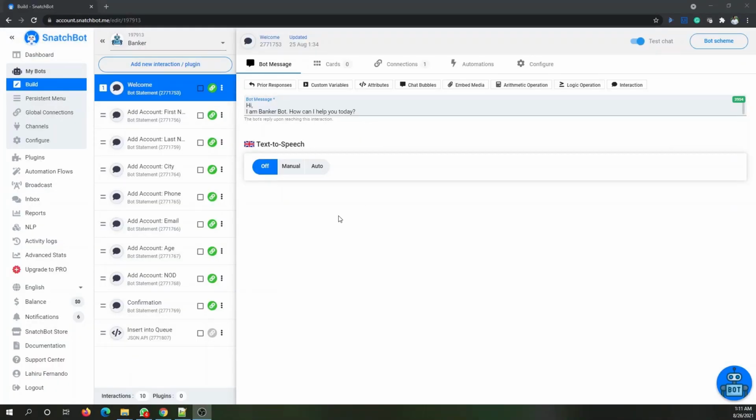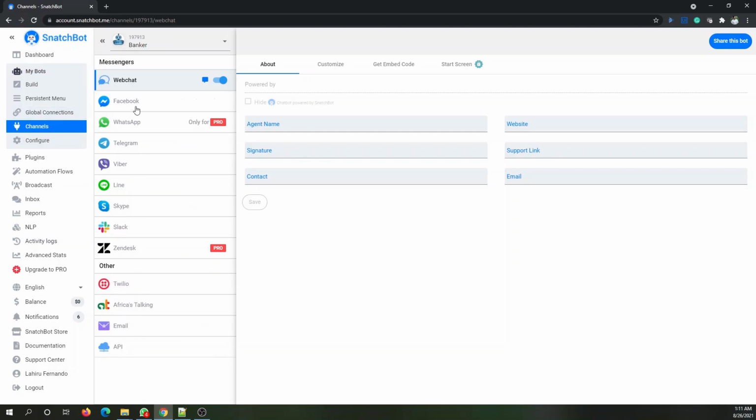Okay, so before wrapping up, I would also like to show one more thing, which is about publishing this chatbot. So in SmashBot, this is the workflow. If you go to these channels, it is available once you're in the editor. So go to channels and we can decide which option we want to pick to publish our chatbot. For each option, there is a different way of configuring it to get it published. But the easiest is the web chat. So in here, select it and go to get embedded code